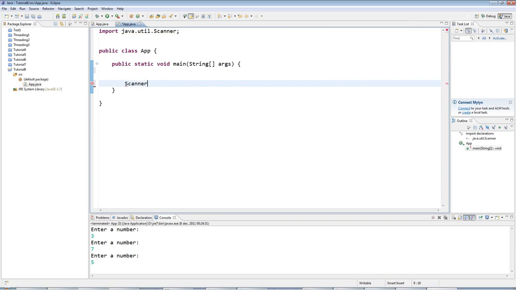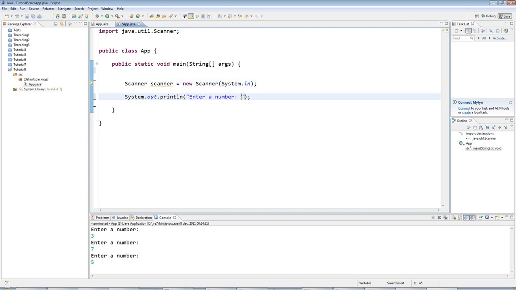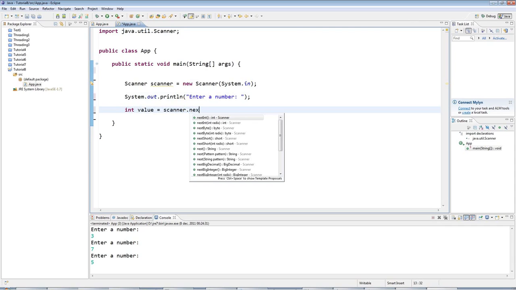The first thing I need is a scanner object, and as I said in previous tutorials, don't worry too much about this syntax at the moment, just get used to typing it. So I've created a new scanner object which I can then use to get input, and I'll say to the user enter a number, and then I will get the number I enter. I'll say int value equals scanner.nextInt,